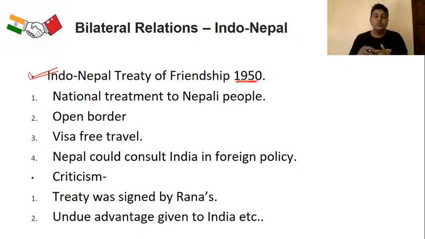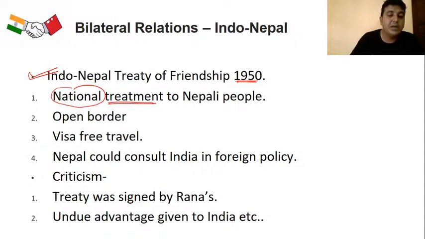So we want to discuss the Indo-Nepal relation with the help of a treaty signed in the 1950s, and that's why, as I said in the beginning of the lecture, we don't need a visa to travel there. Anybody can come here and there. Why is it so? It is because of this treaty, the Indo-Nepal Friendship Treaty of 1950. What exactly is this treaty? This treaty gives national treatment